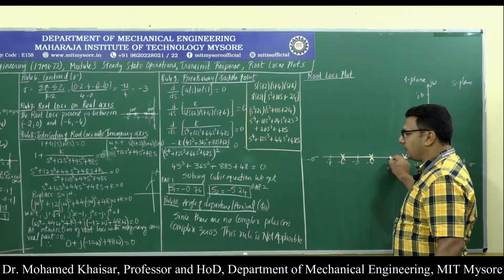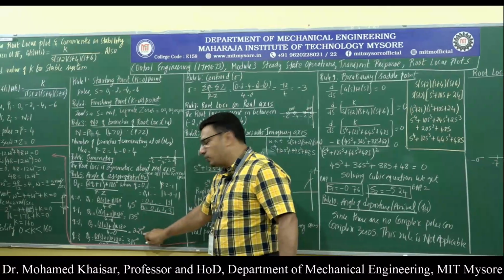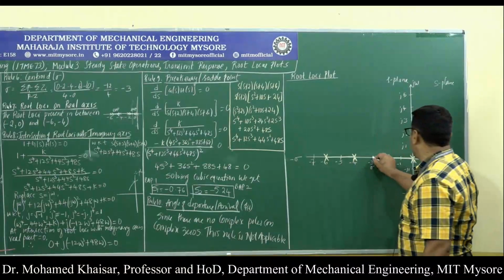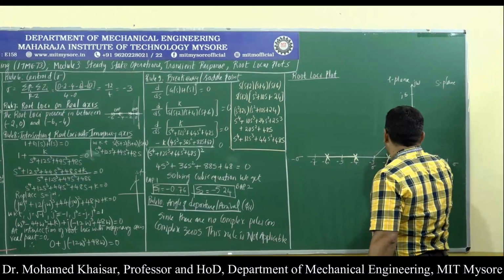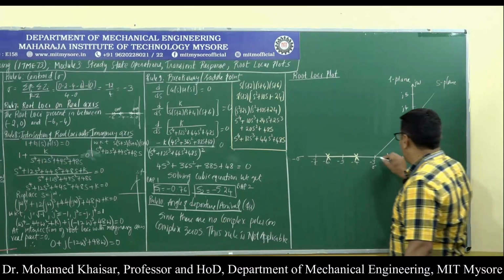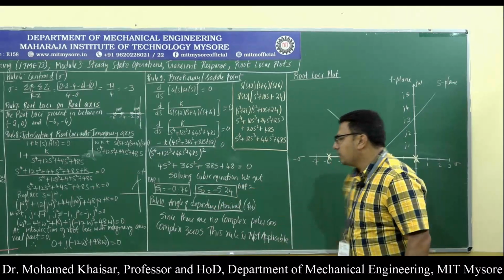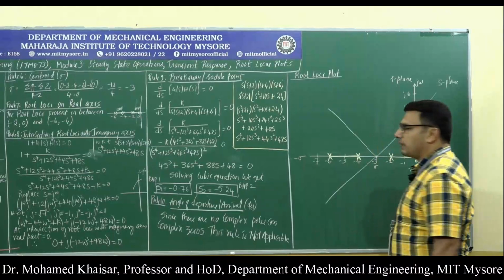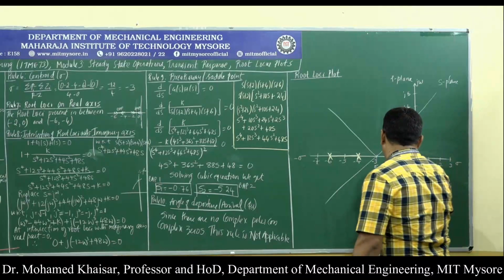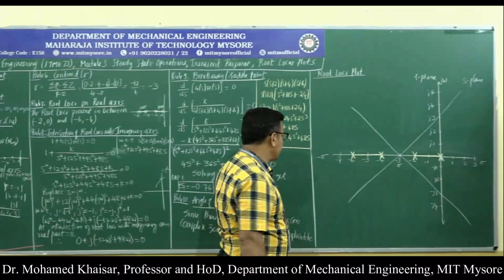So, from this centroid, we have to draw an asymptotic straight line along 45 degrees, along 135 degrees, along 225 degrees, along 315 degrees. So, one asymptotic straight line from the centroid at 45 degrees. The other asymptotic straight line has to be drawn at 135 degrees. One more along 225 degrees, and along 315 degrees there is another asymptotic straight line.